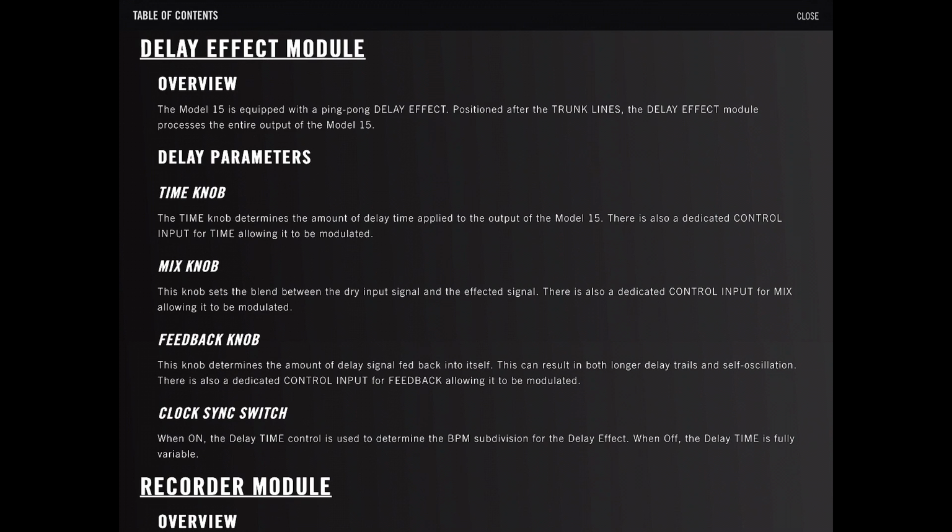So we have a time knob that determines the amount of delay that is applied to the output. There's also a dedicated control input for time, allowing it to be modulated. A mix knob, which sets the blend, and there's a dedicated control for the mix knob, allowing it to be modulated. And then a feedback knob, which determines the amount of delay signal fed back into itself. This can result in longer delay trails,